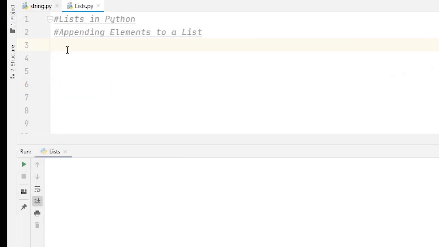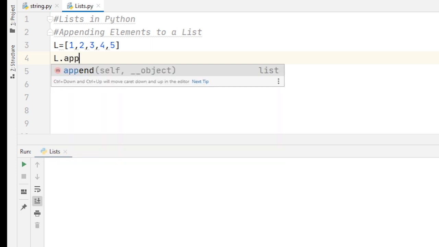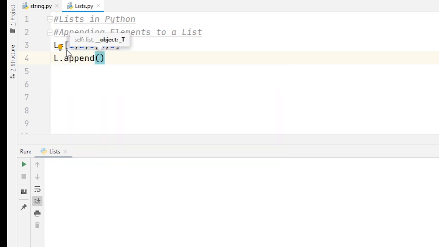You can add items to an existing sequence. The append method is used to add a single item to the end of the list. So I will show you how you can add an item to a list. Suppose I have a list with values. If I want to add an item to a list, I write L dot append, suppose I want to add 6.